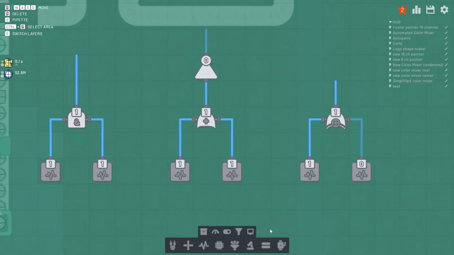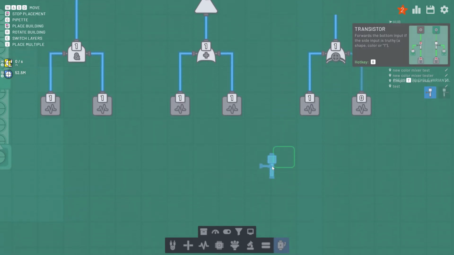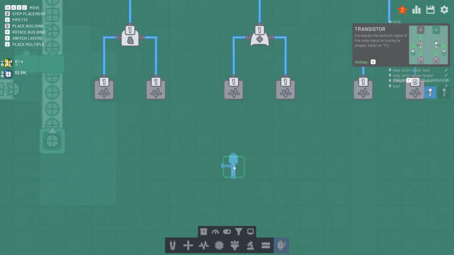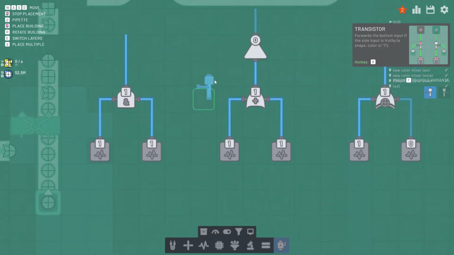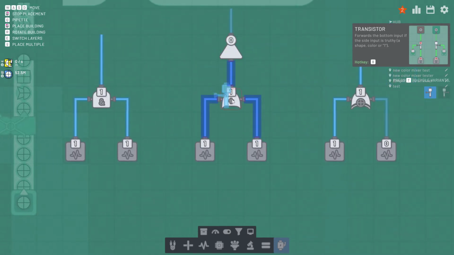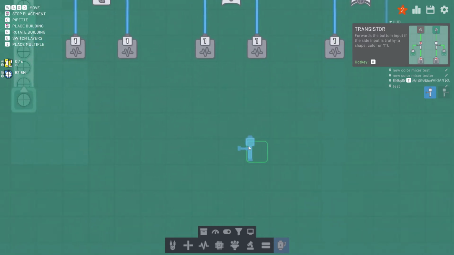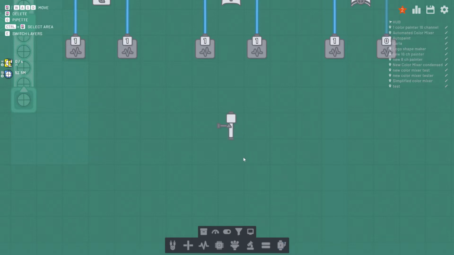Now you also have a transistor in this game, a very basic transistor, okay? It sort of acts like these as a group. This acts as an input, this acts as an input, this acts as a transistor. It says it forwards the bottom input if the side input is truthy. Now it can do also a color or a shape. And what this does is, this device,